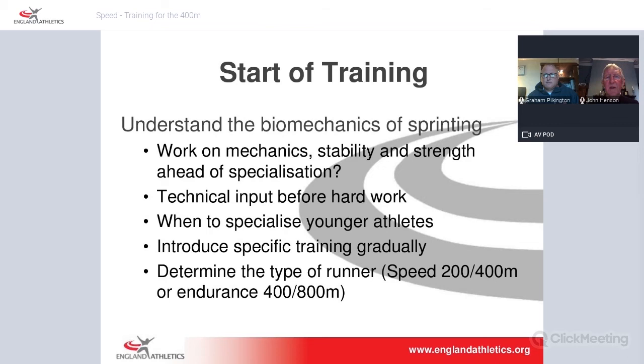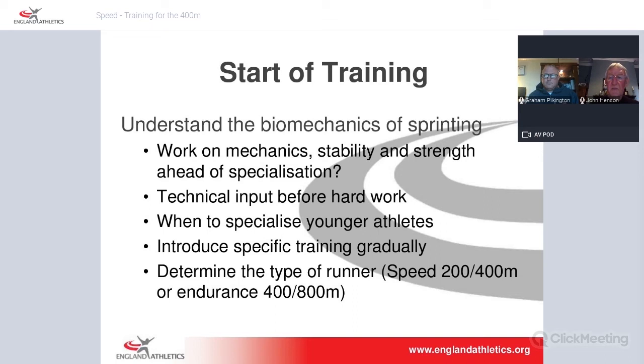I really think it's very important to maximize the speed potential overall, because as you will point out later, with the difference between the first 200 and the last 200, the faster you are over 200, the more comfortable you are in the first 200 going through in your target time. So I think it's vital before you start to specialize that you really work on maximizing the speed potential of